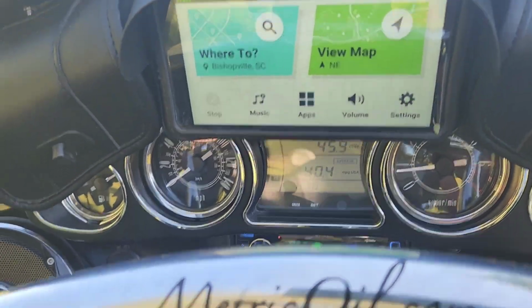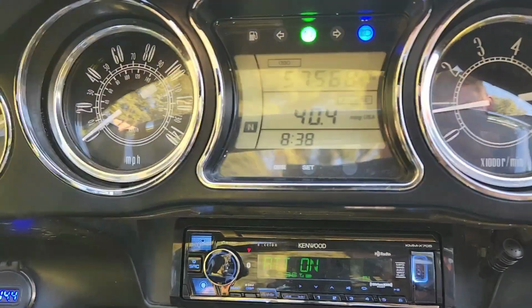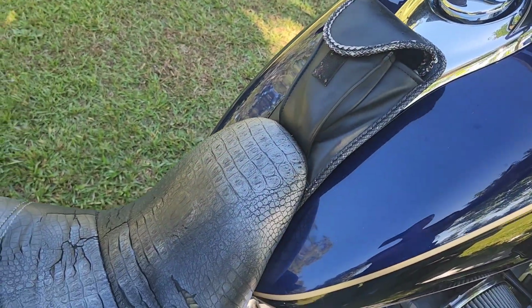Of course, still sporting the GPS. Love that GPS. Let's see where we're at. Yep, we're a little under 60. We're at 57,568. And let me tell you something. The Voyager,